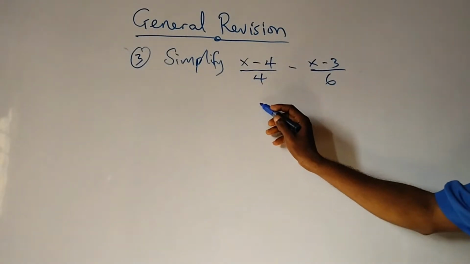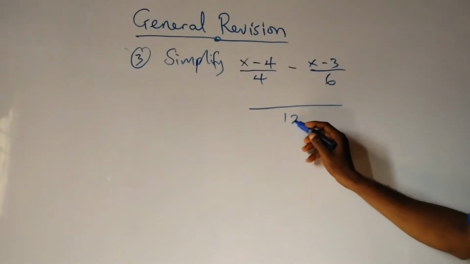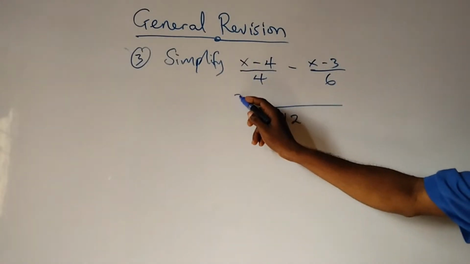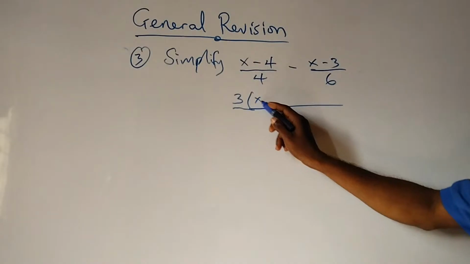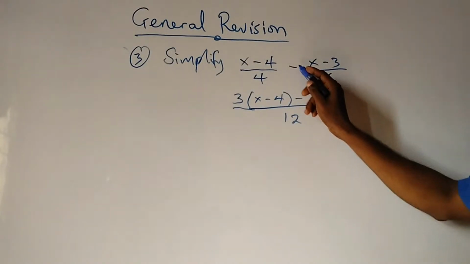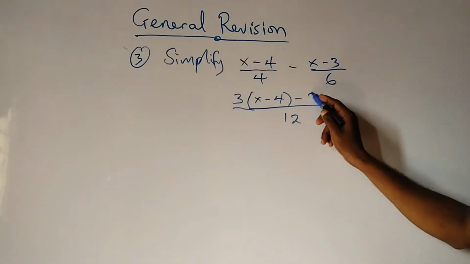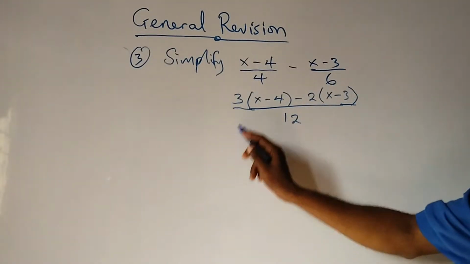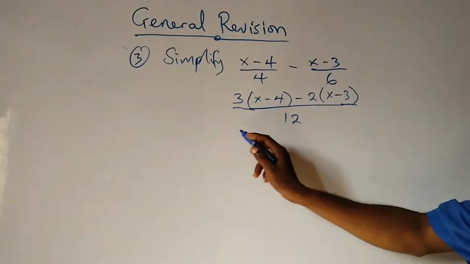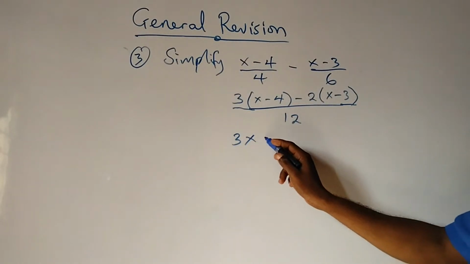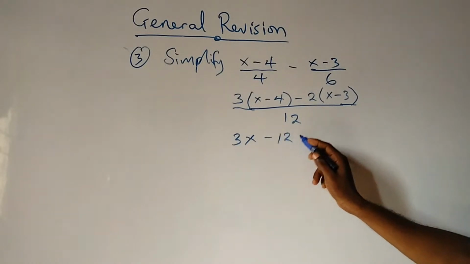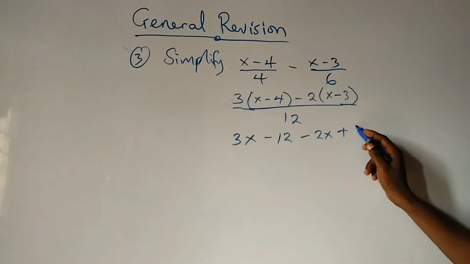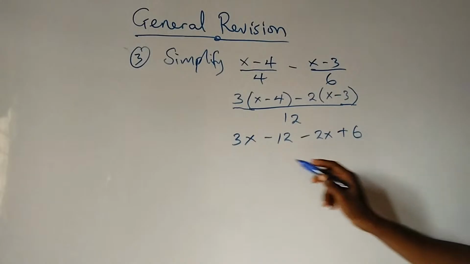We bring this together as one fraction. LCM is 12. 4 going into 12, that's 3. And 3 will multiply this. So we have 3 into brackets, x minus 4, then minus 6 going into 12, that's 2. So we multiply this, we have 2 into bracket x minus 3. Then here, excuse me, 3, we open this bracket, this becomes 3x minus 3 times 4, that's 12. Then minus 2, open this, we have minus 2x, then plus 6, because minus times minus becomes plus, then all